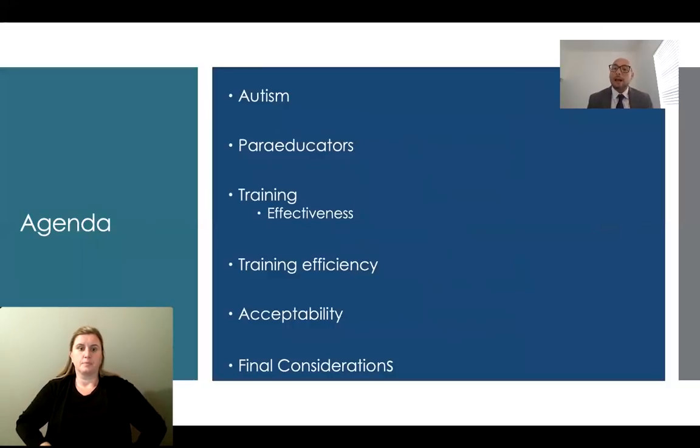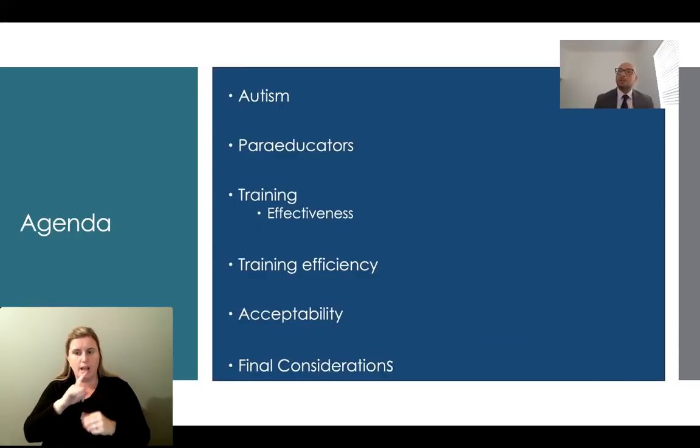So to provide you with an outline of what this presentation will attempt to address, as I mentioned before, we're going to be focused mainly on training practices for paraeducators in the actual special education classroom, looking at the contingencies and dynamics in the special education classroom and determining what kinds of trainings may be most effective, and of course, considering a component of time efficiency.